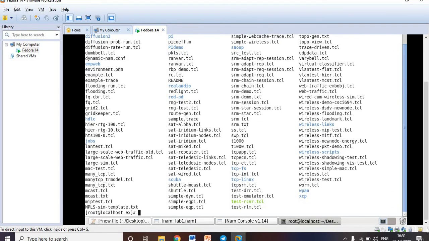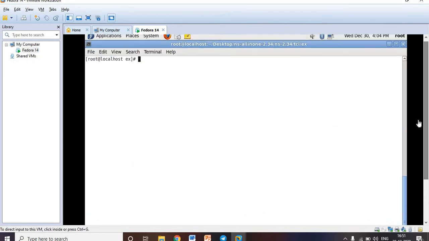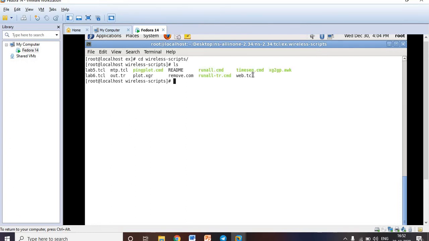I'll clear once. Now I am in the EX folder. Within that I want to go to wireless scripts. Here let me check whether I have the web.tcl file or not. Yes, I have it here.